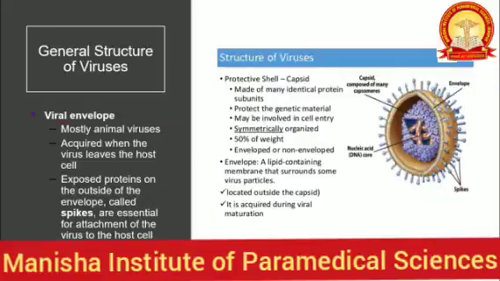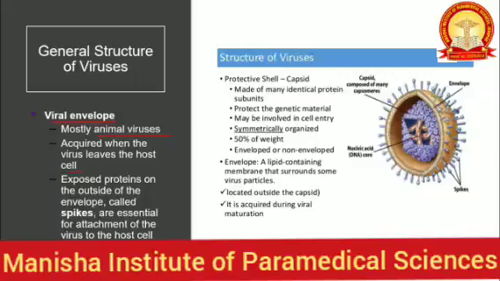Now let's think about the viral envelope, since we have talked about the capsid. The capsid is a must for a virus because it is the primary protective structure for a virus. But in some viruses there is an envelope, an external membrane that is present outside. Most of the animal viruses have this envelope surrounding the capsid layer itself, acquired when the virus leaves the host cell. Generally this envelope is formed from a modified version of the cell membrane of the host itself.